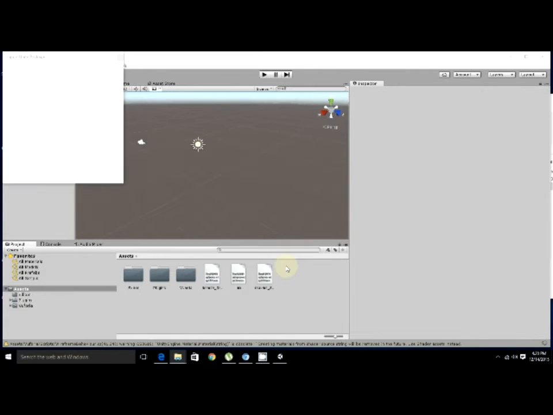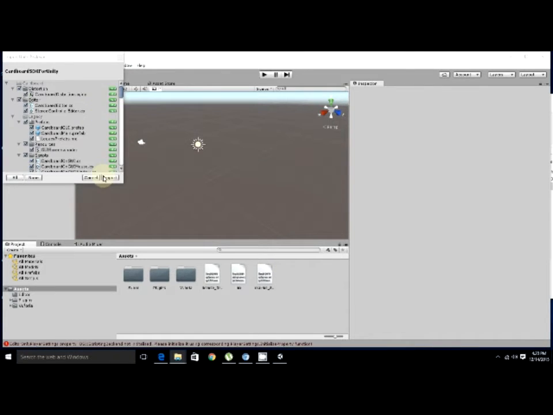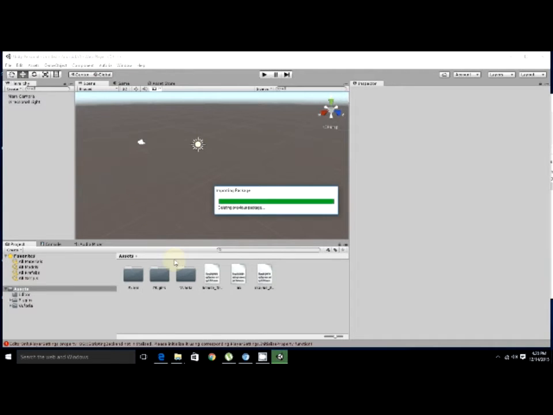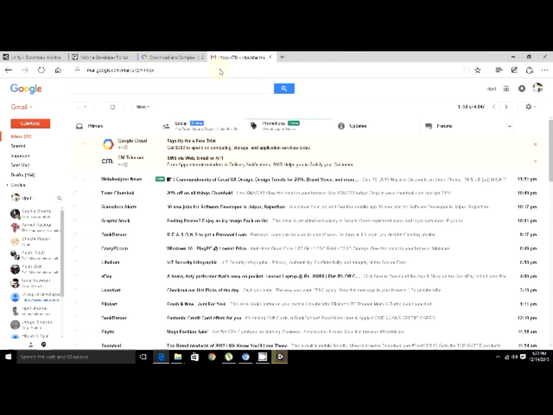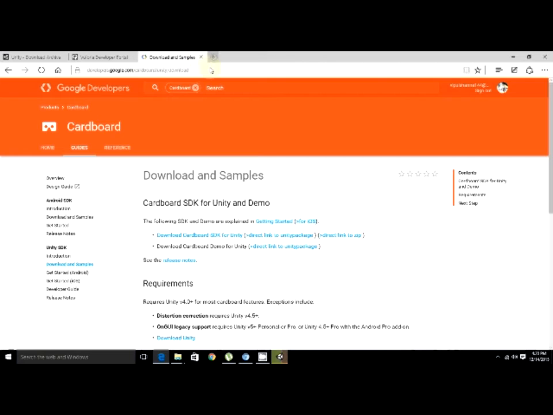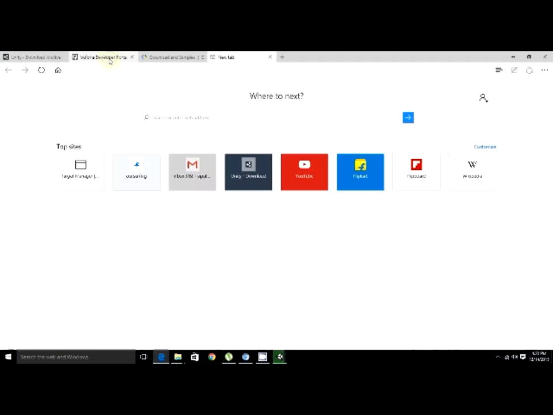Now we have to make targets on which our 3D model can be augmented. For that, we have to go to the Vuforia developer portal.